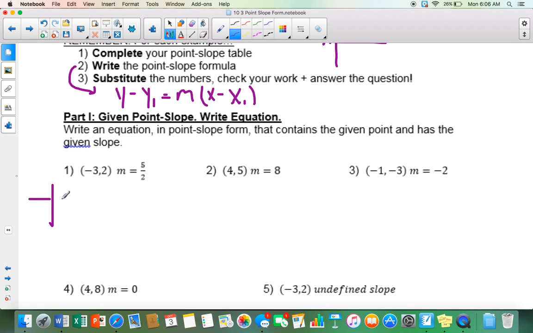So if we come over here and we do our little table, we've got a point of -3, 2, and we've got a slope of 5 halves. So this is our x comma y, and this is our m. So when we're plugging this in, we do the same thing we just did before. y minus our y1, which is 2, equals m, which is 5 halves,